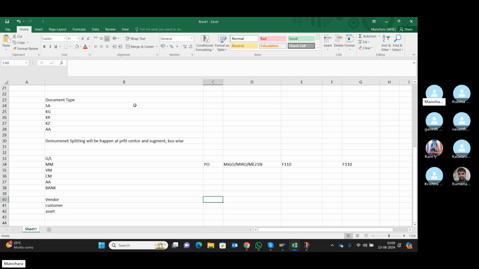We are creating the GL for the vendor. So for this vendor, the subledger has the reconciliation GL. We are creating the vendor for all vendors, and we are creating the reconciliation GLs, right? Whenever you create the reconciliation, it comes to the subledgers only, not the main ledgers. Main ledgers come to the